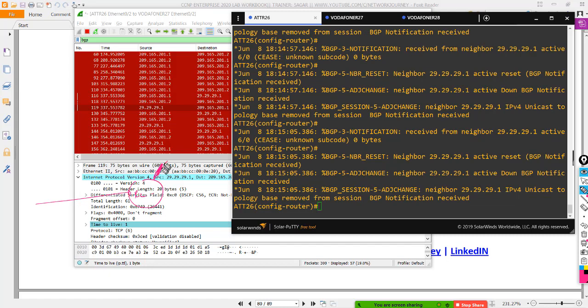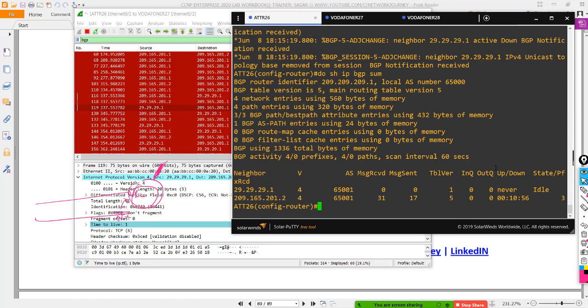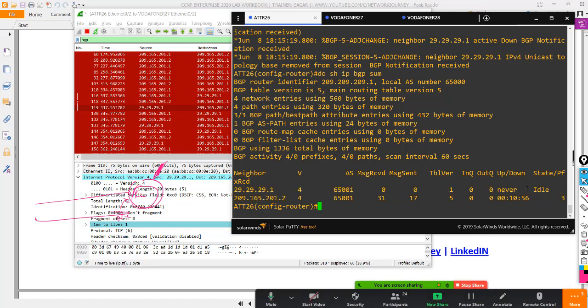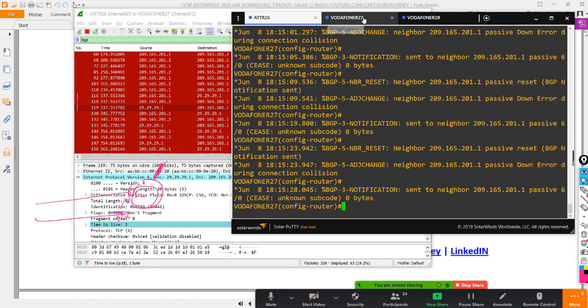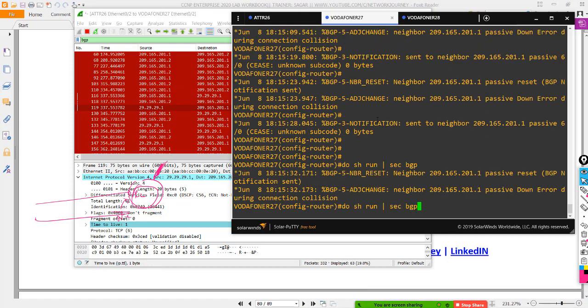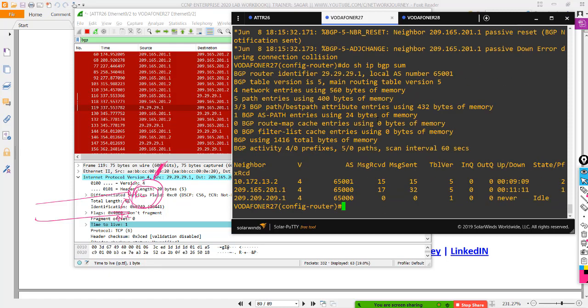But unfortunately your second router doesn't have the multi-hop configuration, so it's not going to have a successful neighbor. Okay, so that's why you will see here that neighbors are trying to come up, but they have not formed a happy neighbor. It says there was a non-neighborship here. Okay, similarly, if you see on this side, do show ip bgp summary, you will see the neighbors have not come up.